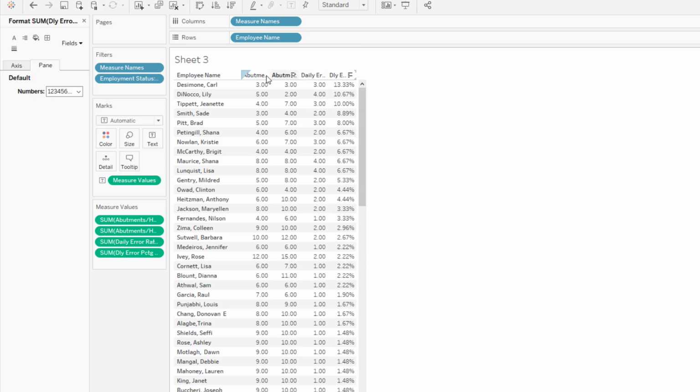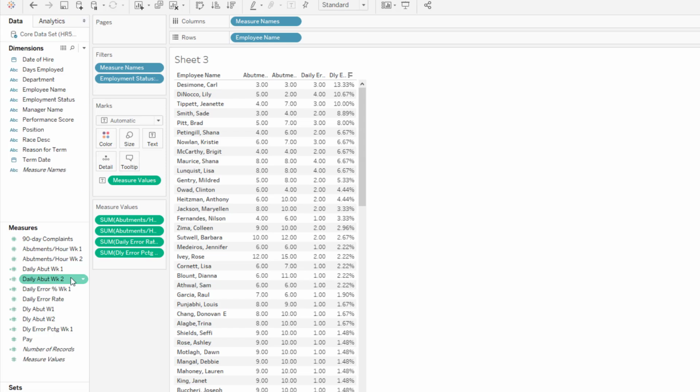Now, maybe I don't need to see these other things. Of course, I can now close this format pane right here. And you can close it by clicking this little tiny X right here. So I'm going to click that. Now, maybe all I want to see is, you know,